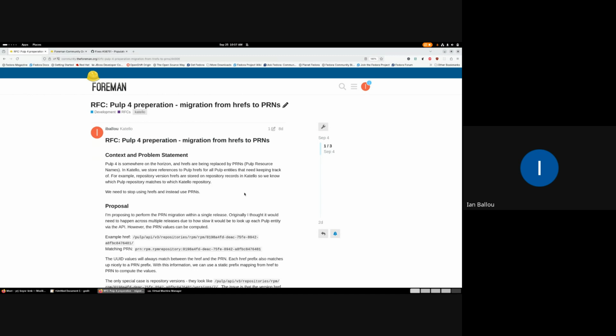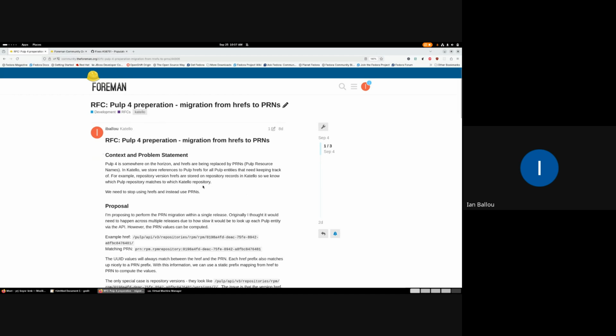At some point, we're not sure when, Pulp 4 will become a thing. If you haven't heard anything about it, there have been talks about the move to Pulp 4 in the past. The big theme is it should feel more like a minor version update than a major one, unlike the Pulp 2 to 3 migration. We're doing some prep to get ready, because when Pulp 4 comes out we want to stay on top of the latest features and bug fixes and switch to it without pause. So in the meantime, we're doing prep work for the things that Pulp 4 is going to drop.